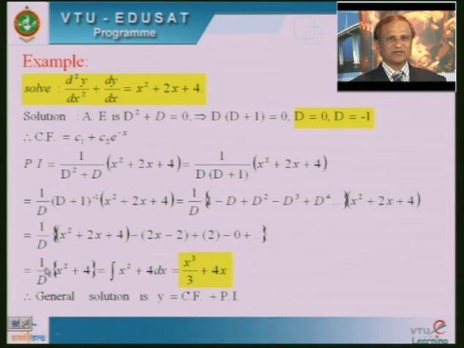After simplification, what will we get? I have written 1 upon D as it is. So, after simplification, you will get x square plus 4. Now, as I have mentioned, D is an operator, capital D is the operator. Exactly in the similar way, 1 upon D is also an operator. So, 1 upon D stands for what? 1 upon D is an operator. Now, I want to operate on this function x square plus 4. Here 1 upon D stands for integration.